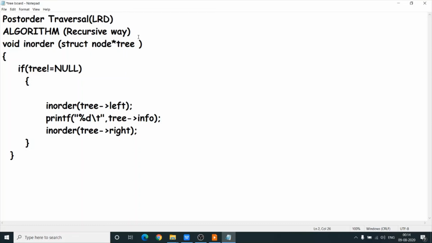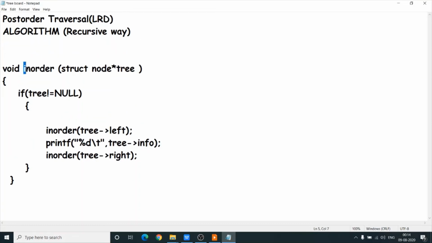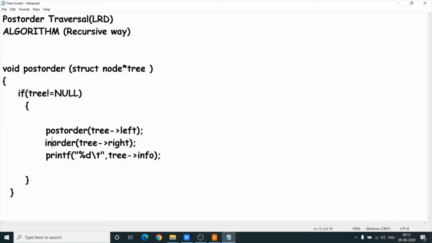So the function name is postorder. Here also we are passing the address of the root node. If tree not equals to null, it is LRD, which means first visit the left child, then visit the right child, and then printf the info.